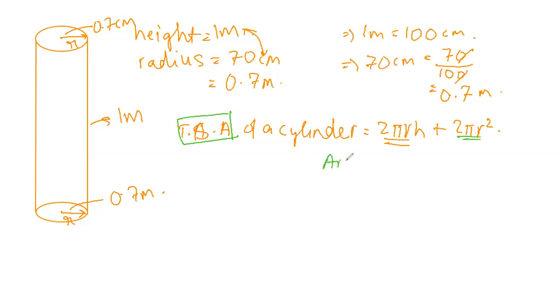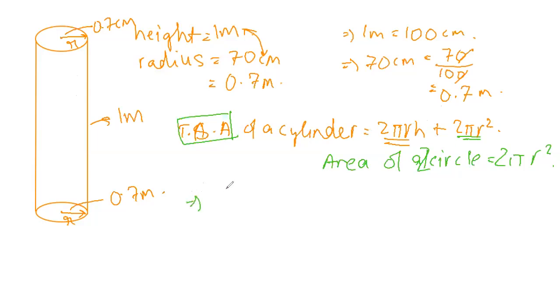So area of a circle is equal to pi r square. I hope everybody knows that. If you don't, it's okay. Just revise this formula and you'll pass by. So area of a circle is pi r square. Now it only applies for one circle. In this cylinder, you can see two circles. So that's why the formula is 2 pi r square. So area of two circles is 2 into pi r square, which is 2 pi r square. So that is why we have considered all the surfaces in the cylinder. So that's why we added 2 pi r square.